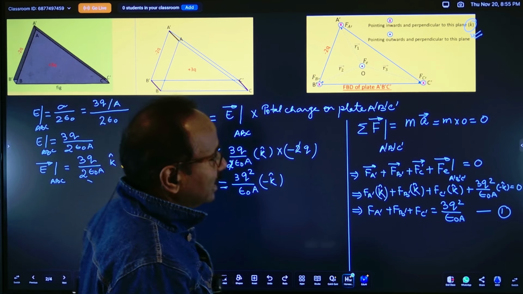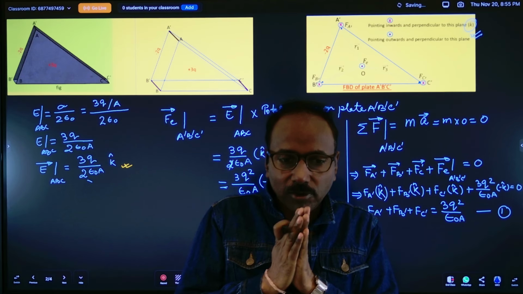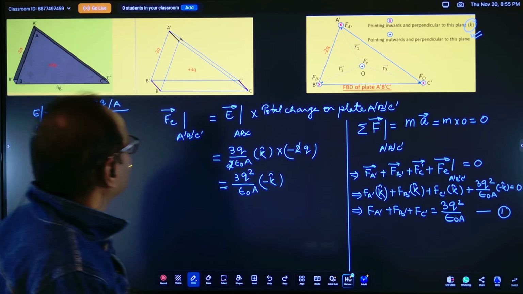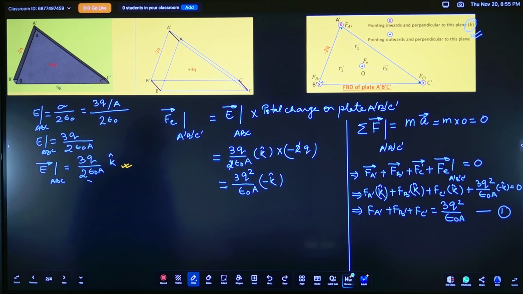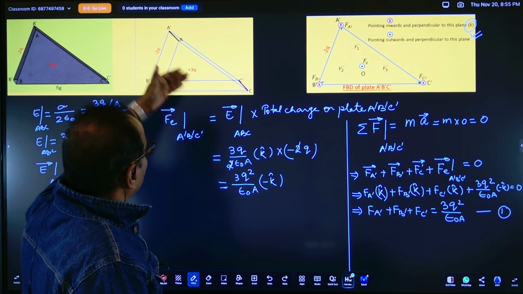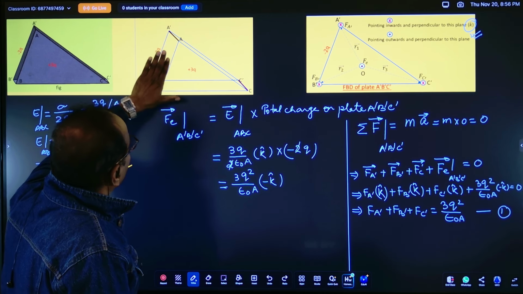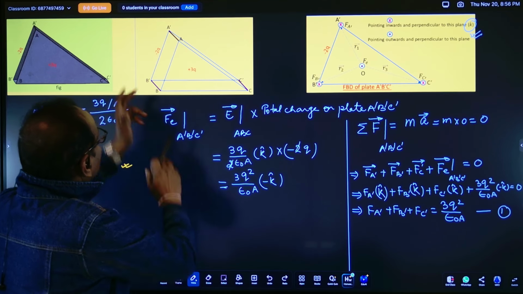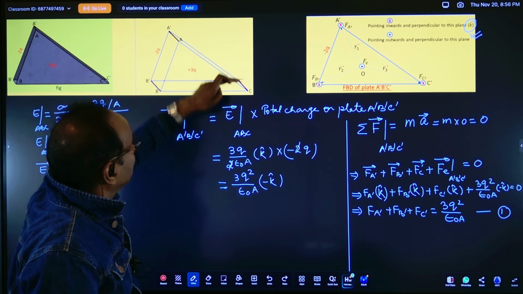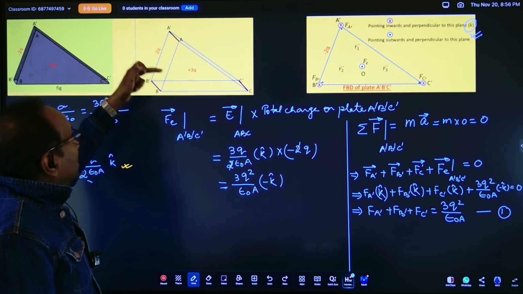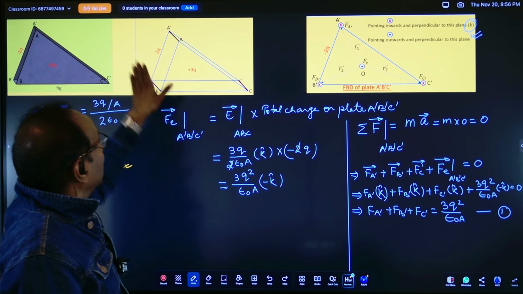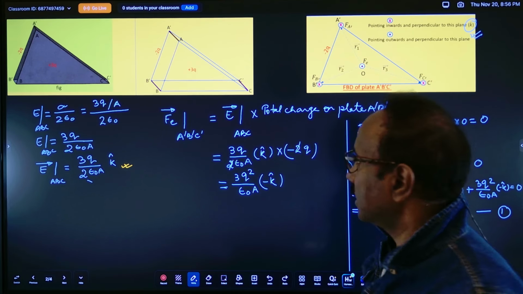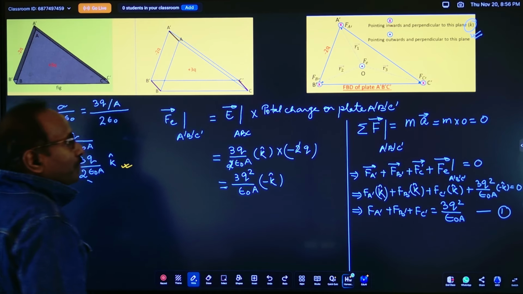उसका सिंपल रीजन वही है क्योंकि डिस्टेंस बिटवीन द प्लेट्स इज मच मच स्मॉलर देन द लीनियर डायमेंशन ऑफ द ट्रायंगुलर प्लेट्स। ठीक है, तो इस पे जो टोटल फोर्स लगेगा, तो हमें E फील्ड इसके अंदर मालूम है, और जितनी फील्ड लाइंस हैं सब इस पे परपेंडिकुलर हैं। तो जो टोटल फोर्स A प्राइम B प्राइम C प्राइम पे लगेगा, जो ABC ने E फील्ड क्रिएट किया है उसके अंदर, और उस A प्राइम B प्राइम C प्राइम पे टोटल चार्ज जितना है, इससे मल्टीप्लाई कर देंगे तो आपको ये मिल जाएगा।